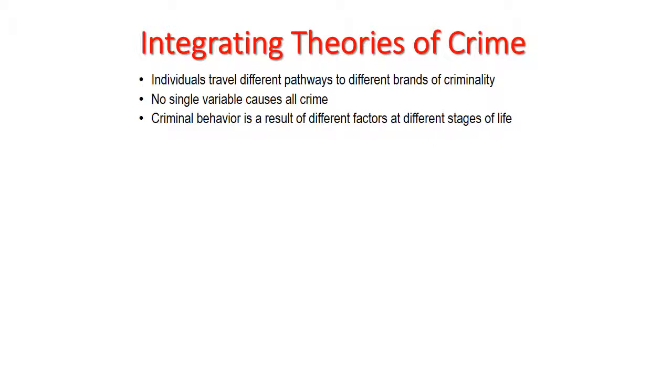We also know that criminal behavior is a result of different factors at different stages of life. So, what may cause somebody to engage in deviant behavior when they're a teenager would be very different from what would cause somebody to engage in deviant behavior when they're much older. Now, when we look at all these theories, what's important to remember is that regardless of who or what the theory targets, each theory does hold some value in helping us understand criminal behaviors, and some theories hold great value in the explanation of crime and predisposition to becoming a criminal.